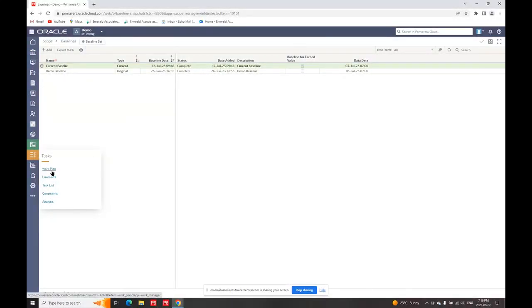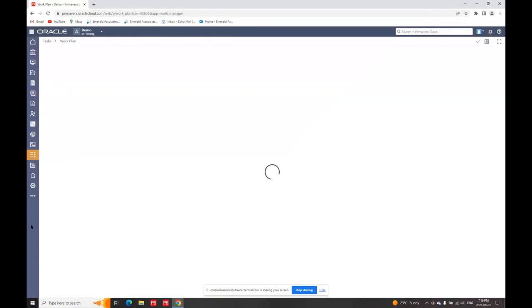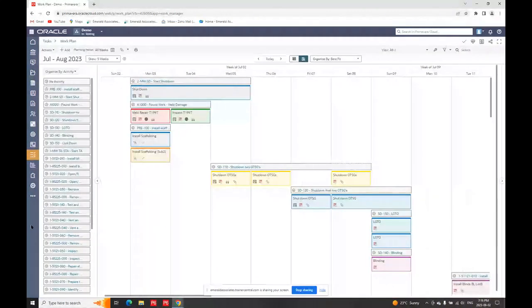So if I go to tasks and I go to the work plan, so again, because we've only got a small time frame, I'll show you how you create another task for the work planning board if you need to,